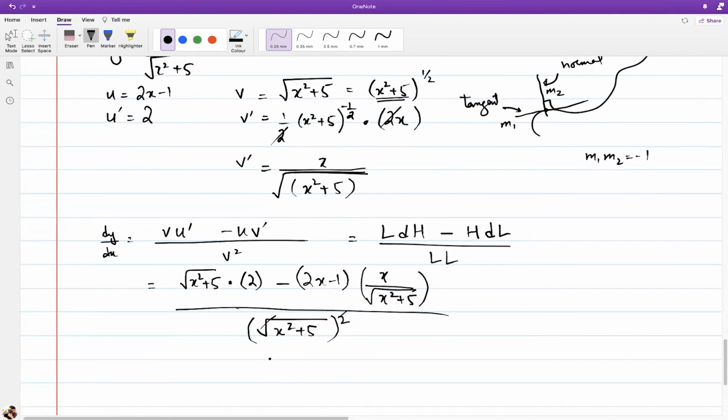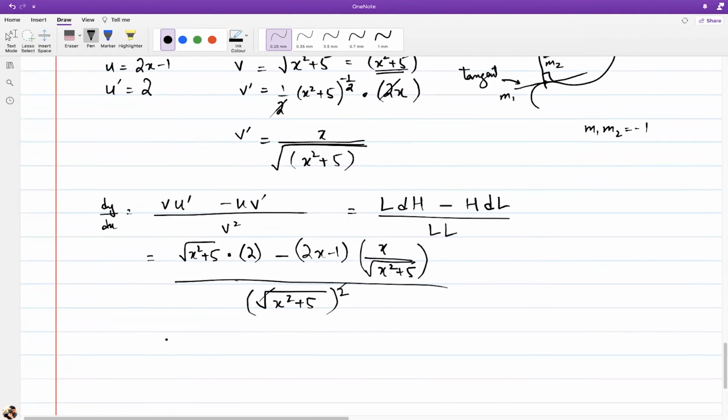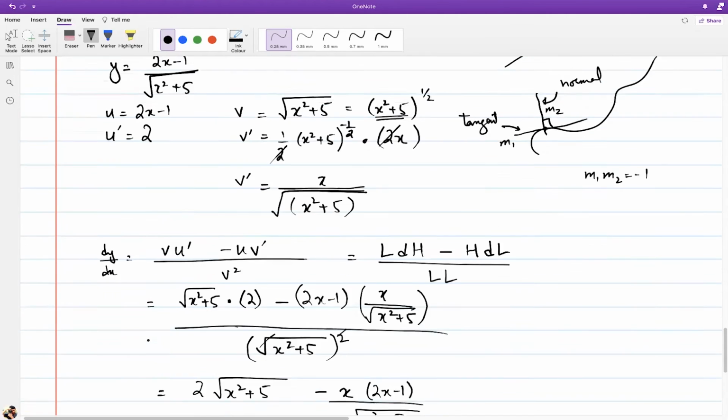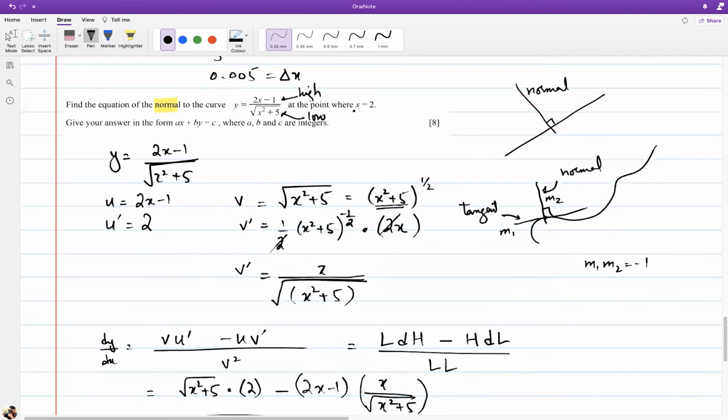अ वेरी कॉम्प्लिकेटेड फंक्शन बट हमने आसानी से उसको सॉल्व कर लिया. इसको हम सिंप्लीफाई करना चाहें तो हम कर सकते हैं. ये बन जाता है (x square plus 5 minus x into (2x minus 1)) over square root of (x square plus 5) whole, over x square plus 5. That's your derivative. Now, because it's a very complicated solution, let's see उसने कोई वैल्यू दी है,